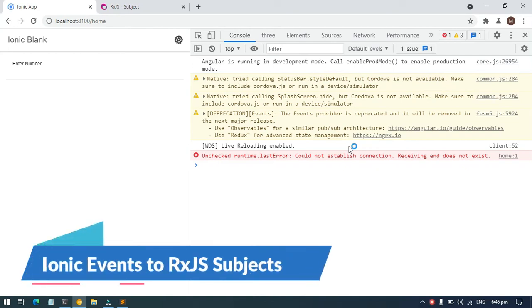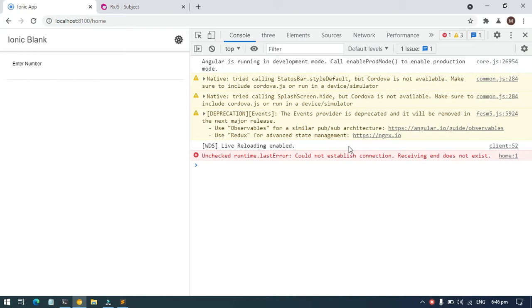Hey everybody, in this video we will be looking at how we can move away from the Ionic events to the RxJS subjects or observables. So I have created a sample example where we have a normal page, it's a text input, and we have